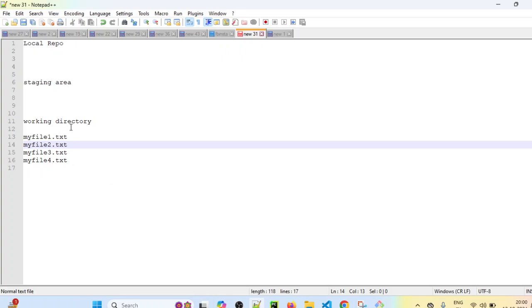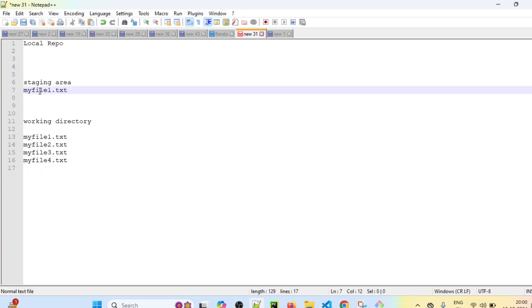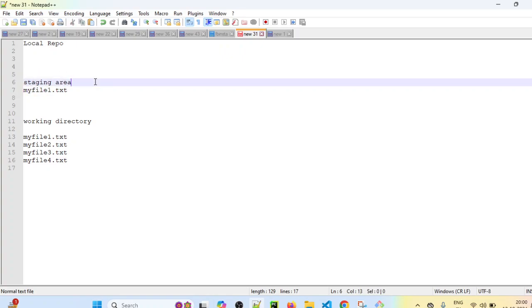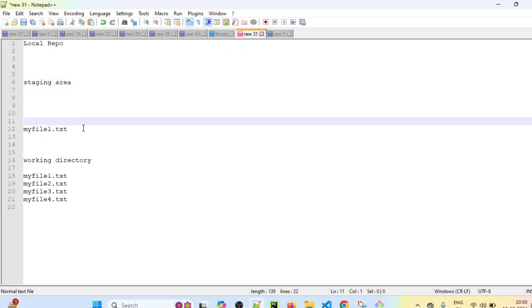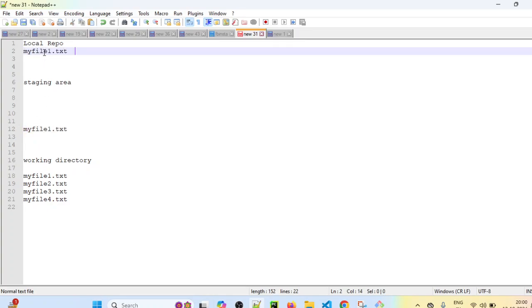So what we have done, we have added this file to the staging area, and then we have committed this file to the local repository. So this file is now added into the local repository in commit number 1.